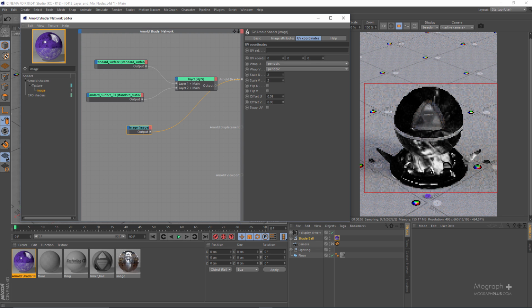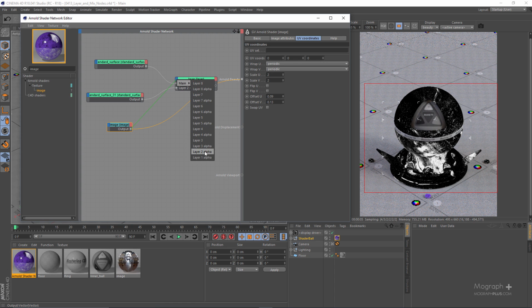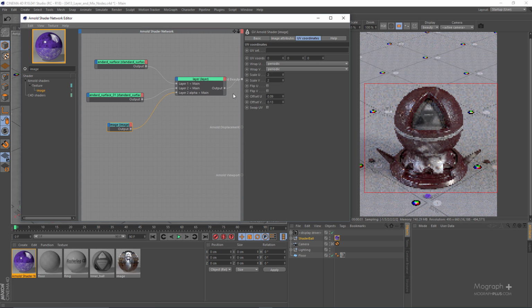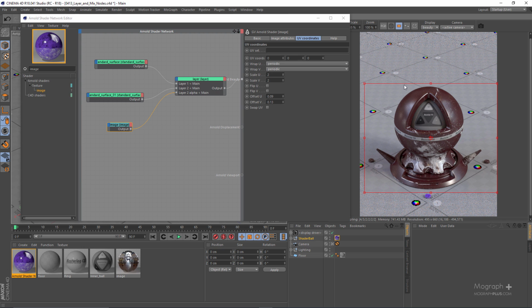I don't know, something like this can be nice, and we can use this image as the layer 2 alpha. And let's connect the layer back to the Arnold Beauty. So now, as you can see, we have this kind of white paint on top of our red metal,